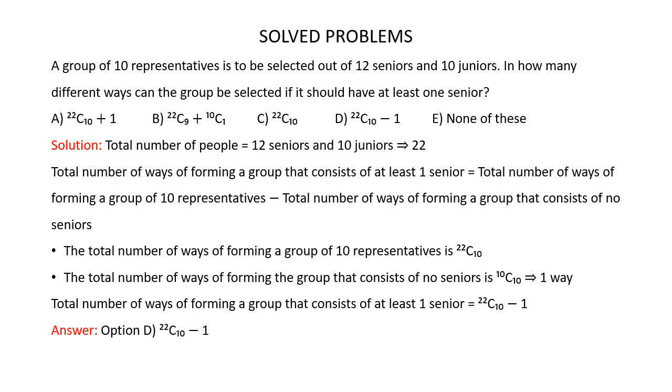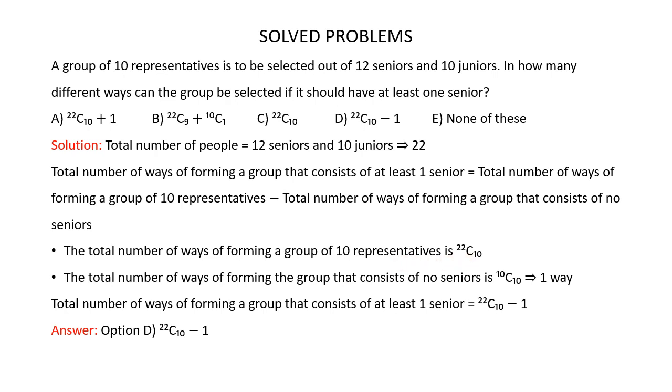Hope you have understood the formula here. Now first let's find out the total number of ways of forming a group of 10 representatives. It's given that there are 12 seniors and 10 juniors, so the total number of people is 22. Now the total number of ways of forming a group of 10 representatives out of the total number of 22 people is given by